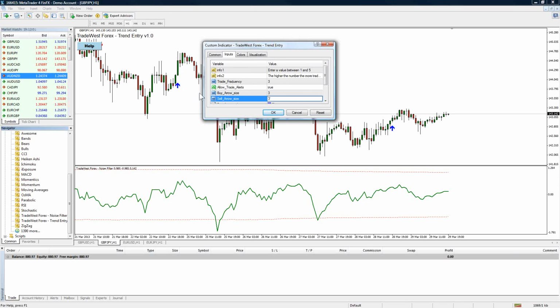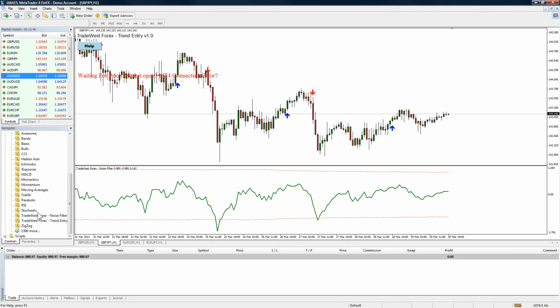Now this is just one indicator, but a lot of them are going to be similar. I'm kind of showing you this so you can get an idea as to what different developers are doing. And if there's other products that people want to see, we can also take a look at some of those and even review some of those if you're really interested. Okay, so we've got a trade frequency of 3, a buy arrow size of 3. So what I'm doing is I'm saying, okay, my frequency, I want it to be less frequent, and I want it to be shown with a bigger arrow to show that it has maybe a little bit more strength. Maybe it's a little bit more confirmed signal, and that's why I've gone from a size 2 to a size 3. Then I just hit OK.